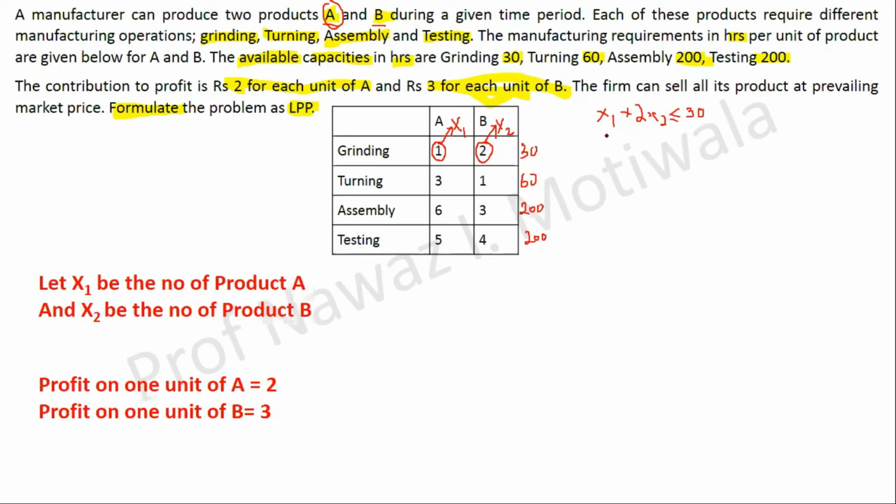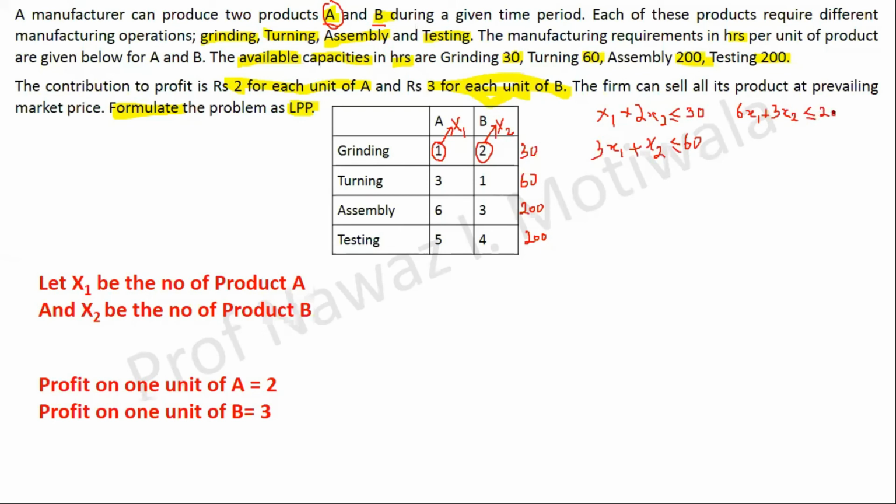of that grinding part. Similarly, I can write for turning as 3x1 plus x2, because the number of hours for x2 is only 1 per unit, so it will be 1 into x2 or x2, and this all should be completed within 60 hours, so it will be less than or equal to 60. The third constraint will be for assembly, and it is given that 1 unit requires 6 hours of assembly and there are x1 such units, so it will be 6 into x1, and for the other product it will be plus 3 into x2, and this all activity should be completed within 200 hours, so it will be less than or equal